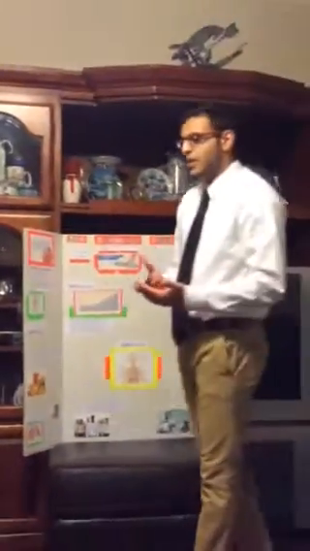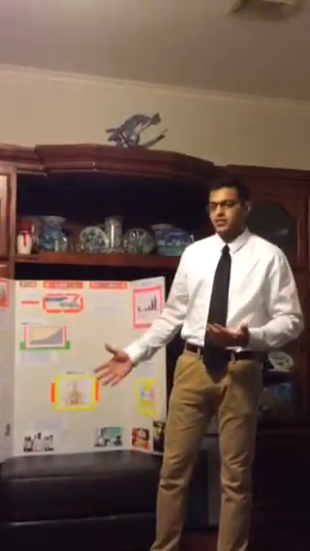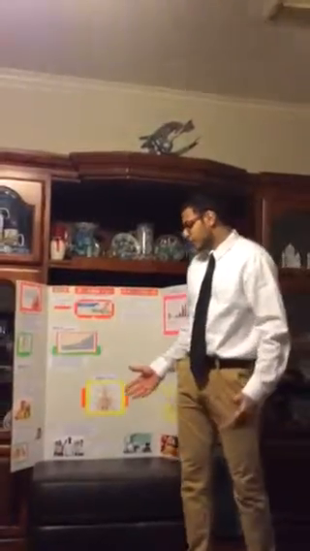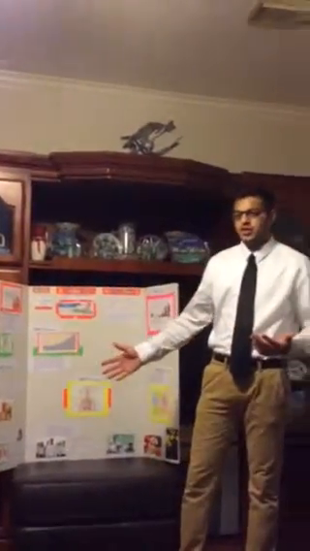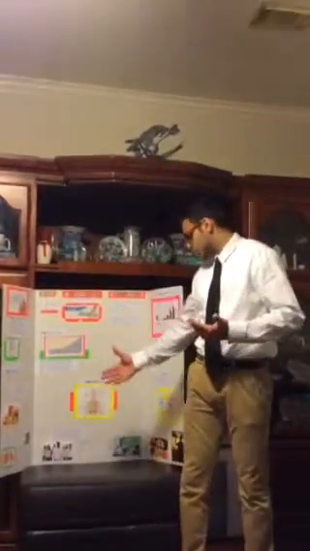So the next step, step 2, was to research the issue. I had to figure out what was causing diabetes, why it was so prevalent in our society. Through research I found out that one of the biggest things was the sedentary lifestyle that the American population has come to accept. The high consumption of high-calorie foods with low nutrients, such as McDonald's and other fast foods, contributed largely to this problem because of the convenience and affordability they gave the population. And I found out through the National Diabetes Association that what happens in type 2 diabetes is that the liver stops producing insulin, which leads to this huge problem.